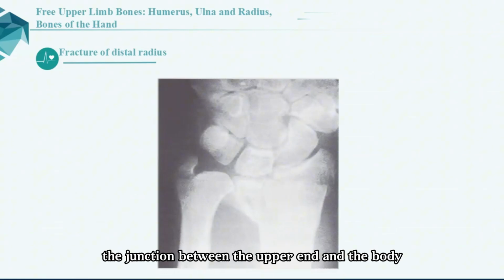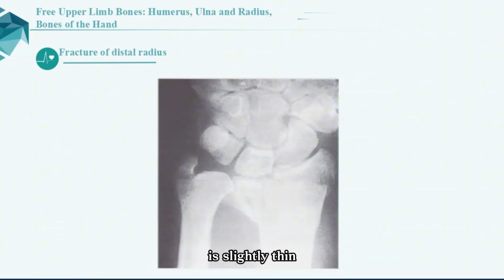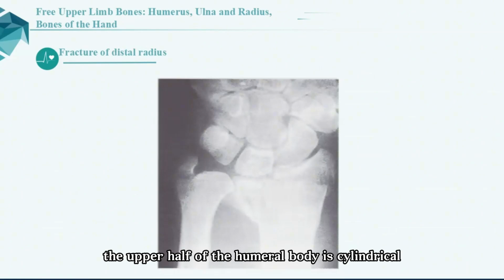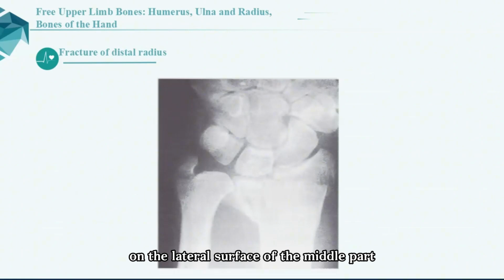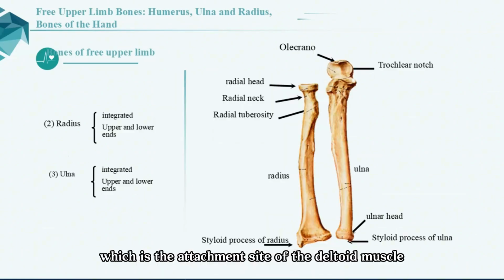The junction between the upper end and the body is slightly thin, called the surgical neck, which is prone to fracture. The upper half of the humeral body is cylindrical, and the lower half is triangular prism-shaped. There is a rough deltoid tuberosity on the lateral surface of the middle part, which is the attachment site of